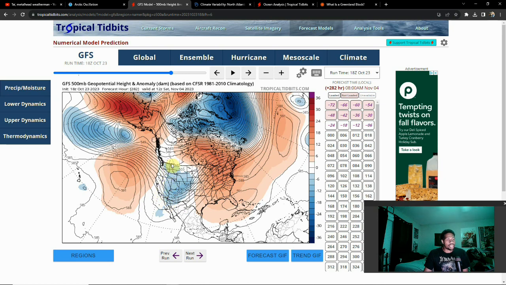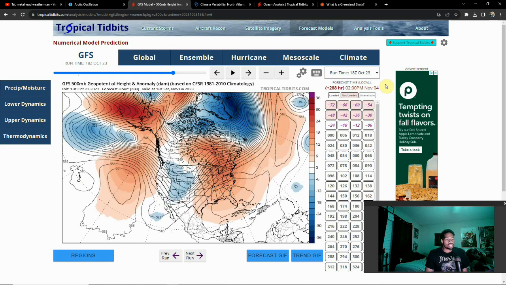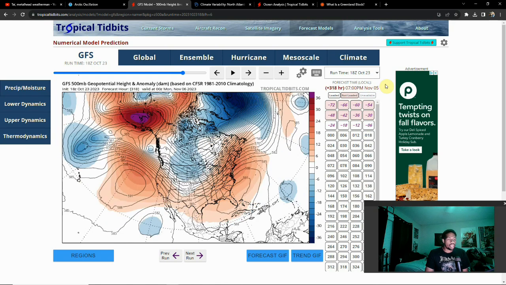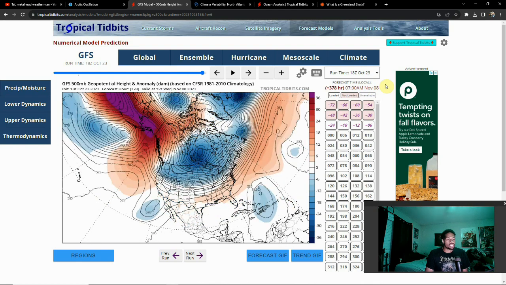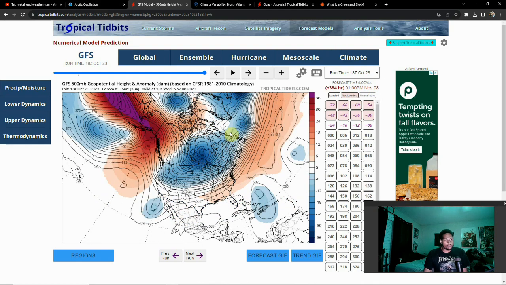Now, just what exactly these temperatures are right now, kind of hard to say considering how far out we look. Just kind of having to go back to the basics with weather forecasting models, so to speak. But still, this is a good example of what a shift from a positive AO to a negative AO will look like. And then towards the end of the run, it looks like we try to go back towards that negative AO. Because, like I said, this pattern will flip-flop pretty often here.